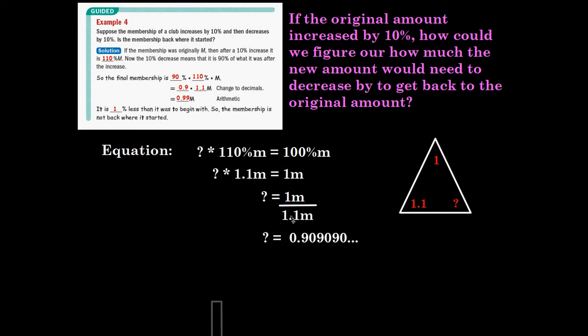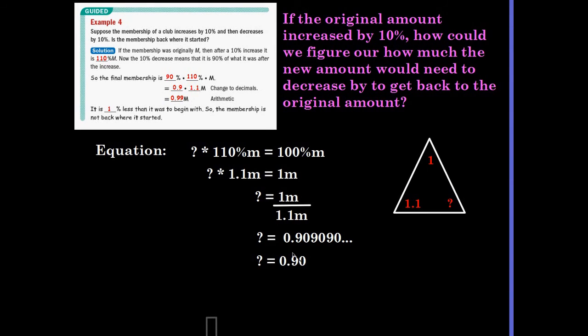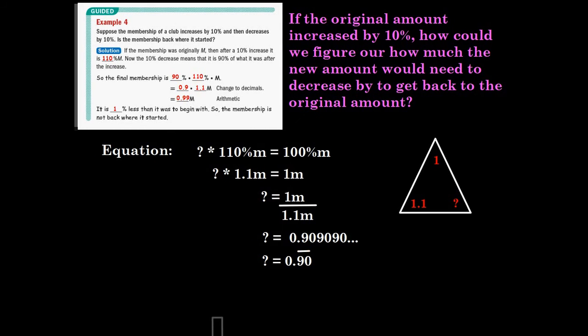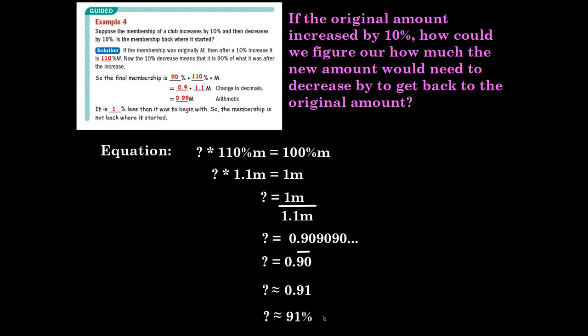1 divided by 1 1/10 actually gives us a repeating decimal answer. It's 0.909090 repeating, which I can write like this, but I do need my little bar over the top to indicate that this part here will be repeating forever. I could also round it if I wanted to. That's what these, when they're curved like this, they mean. So I could round it to 91/100ths, which makes it a little easier to say, because 91/100ths we would say